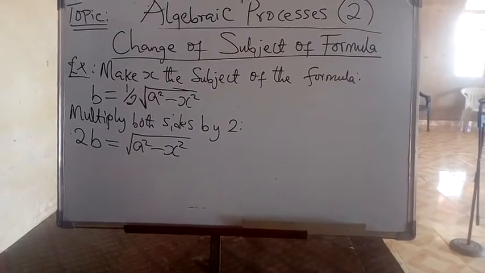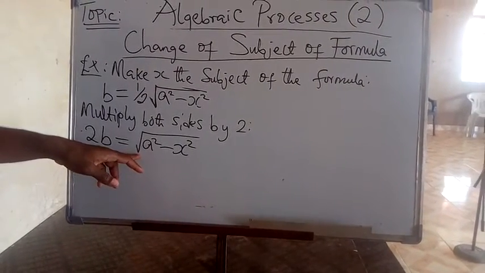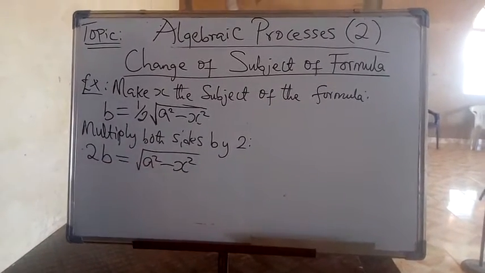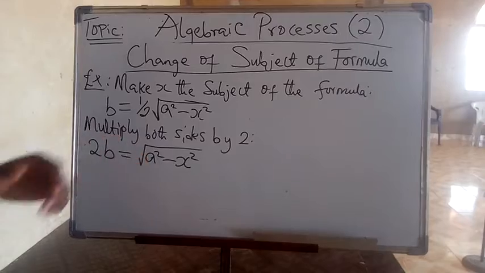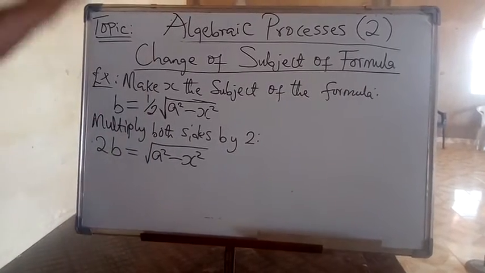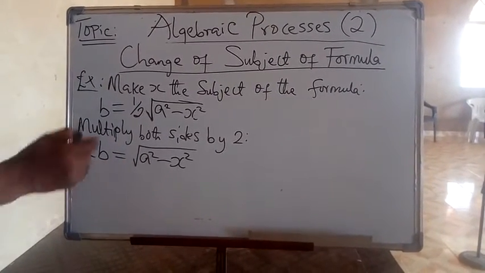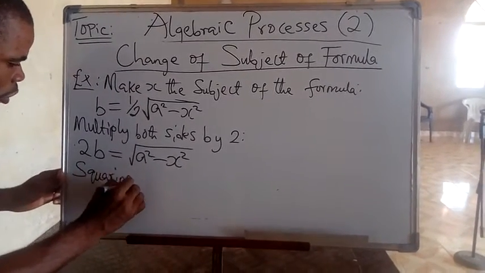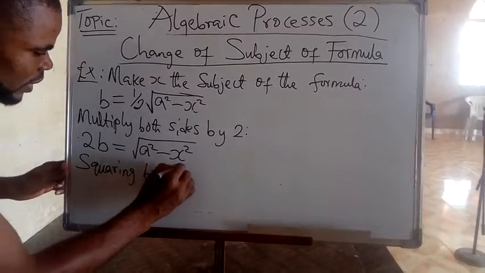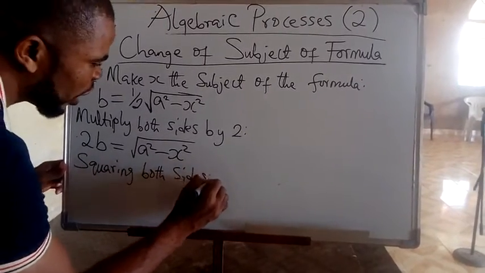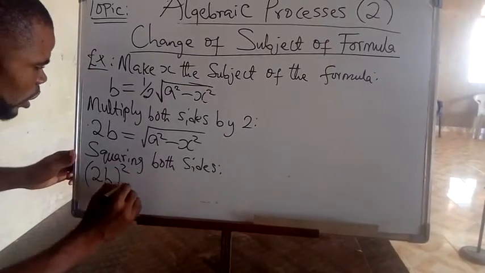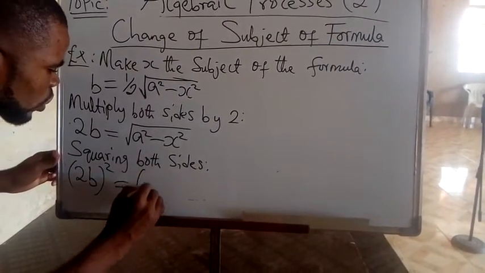Next, we're going to be looking at the square root. The square root is the one housing both a squared and x squared. Okay? So we are going to be doing the reverse of the square root, which means we are squaring both sides. And when we square, we are going to have 2p raised to power 2 to be equals to the square root of